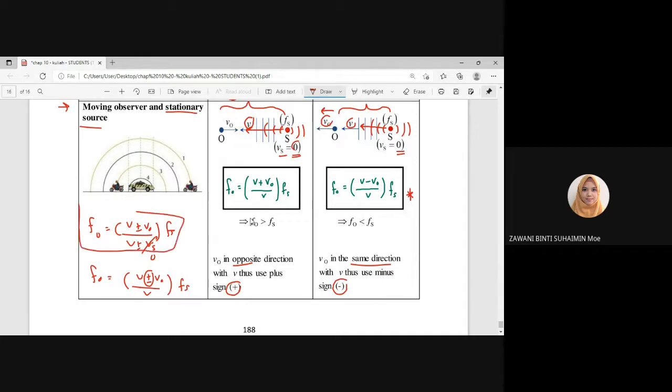Okay. So, kedua-dua case, awak akan menggunakan equation asal yang ini. Tapi nanti you akan cancel mana yang boleh cancel. Kita tengok mana yang stationary, dia akan jadi kosong. And then we need to choose which sign is it, whether plus or minus. So, if both have the same direction, iaitu velocity of the sound and velocity of the observer ataupun of the source are the same direction, so meaning we're going to use negative sign. Kalau they are in opposite direction, kita akan menggunakan plus sign. Okay. So itu saja konsep untuk Doppler